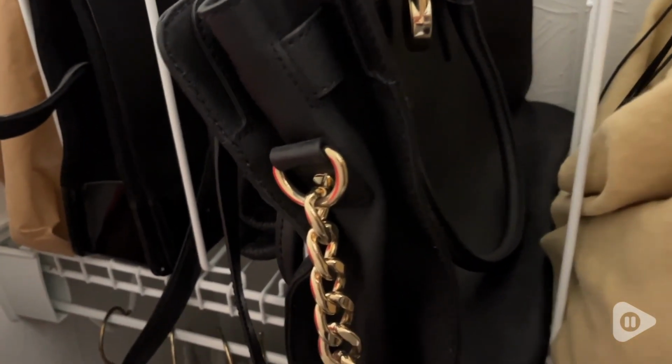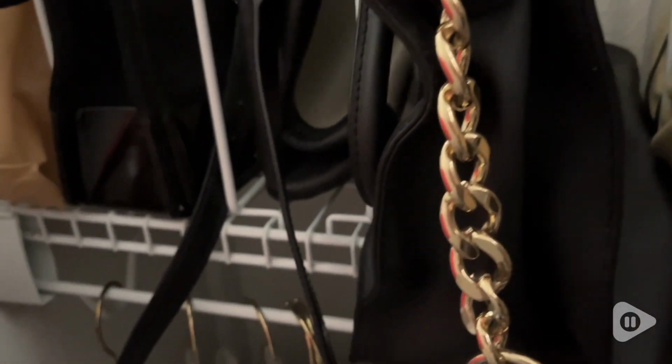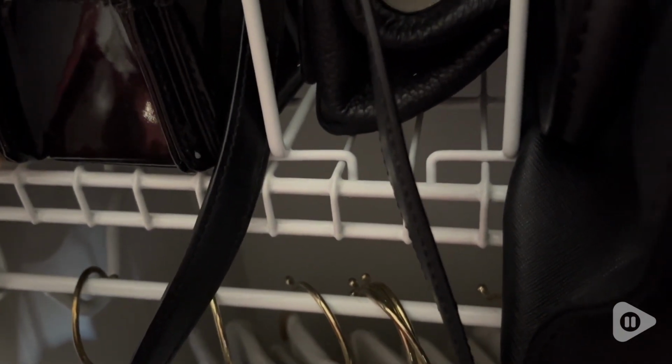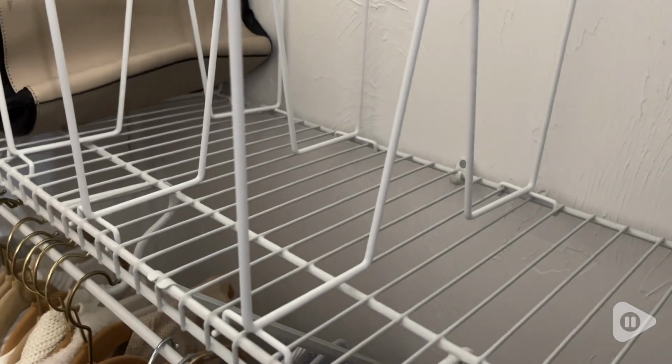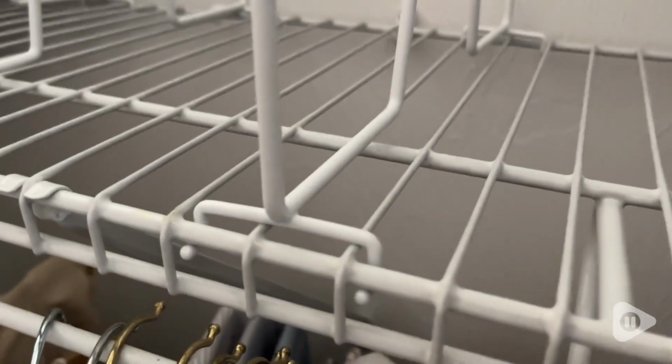I can control how much space is in between each of the dividers. So it's a breeze to be able to customize the width that you need based on the size of the item you're putting there. I can't say enough about the ease of use and the convenience of having these wire